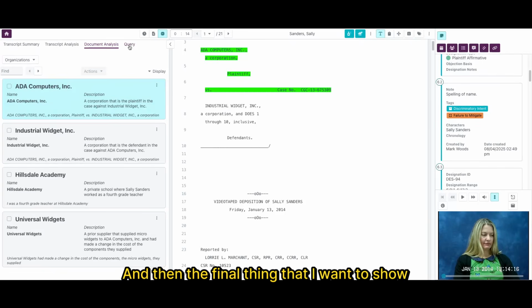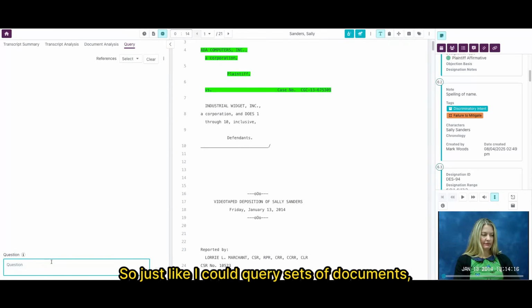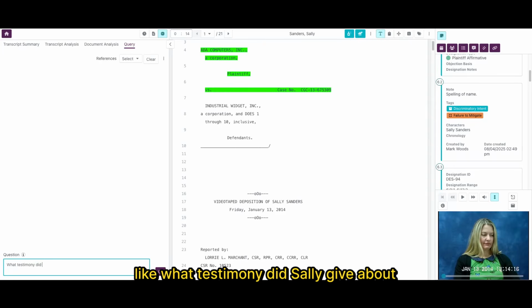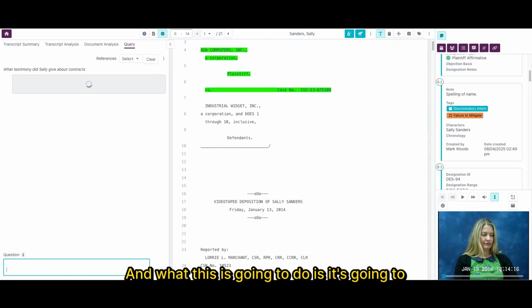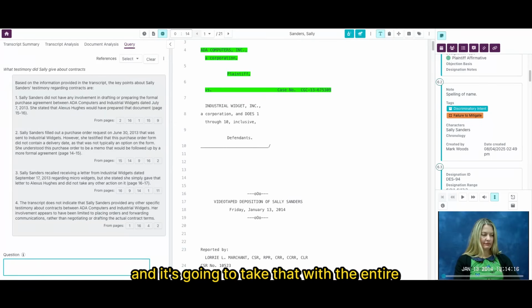And then the final thing that I want to show you today is the query functionality. So just like I could query sets of documents, I can also ask questions about single documents. So I might ask something like, what testimony did Sally give about contracts? And what this is going to do is it's going to take my question or the prompt that I ran, and it's going to take that with the entire context of the transcript, and it's going to give me a